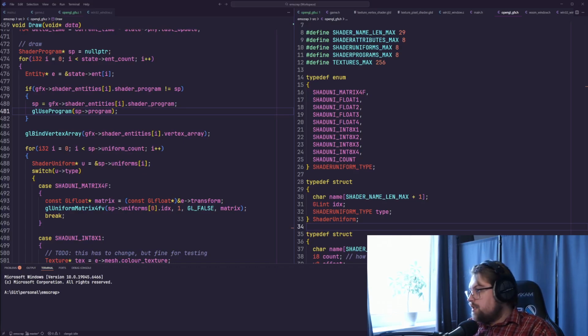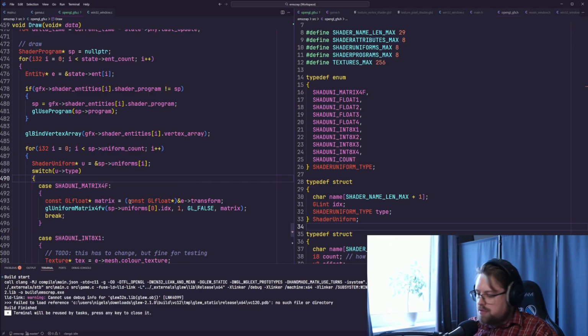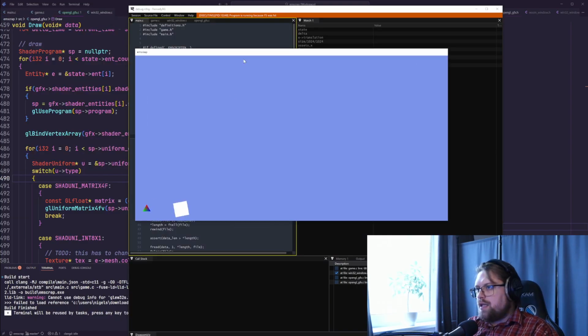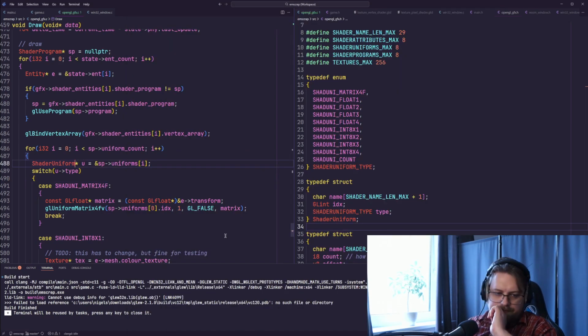Okay, so the last thing I was doing yesterday was trying to fix this bug where my texture is not showing up. So let's start Remedy. So yeah, there's a texture here that it should not be white. And I'm not really sure why that is. And I need to figure out today